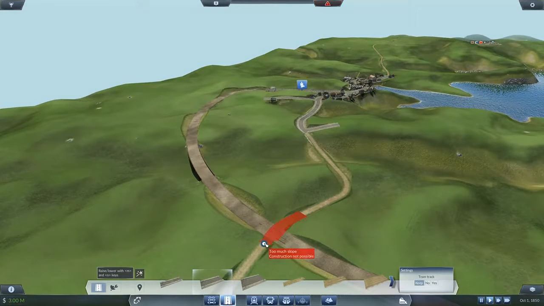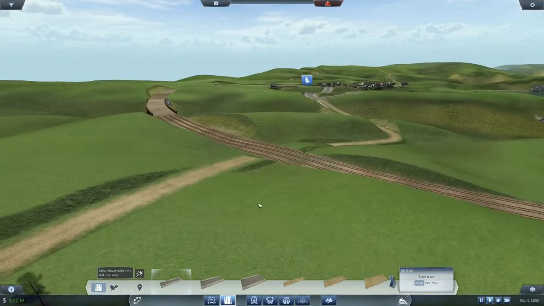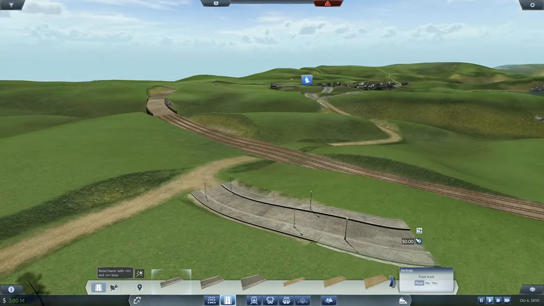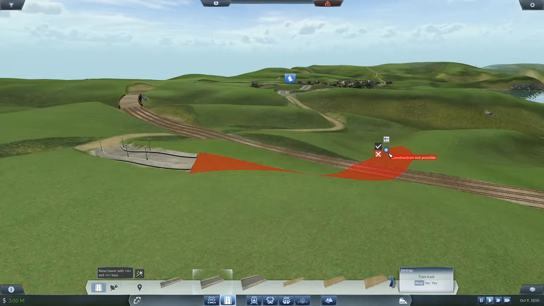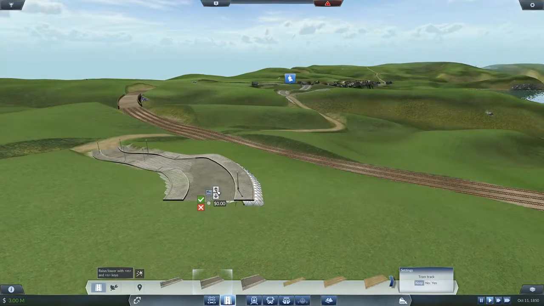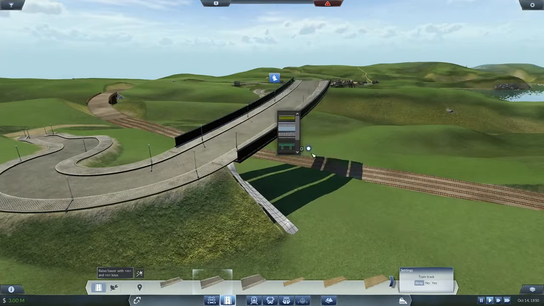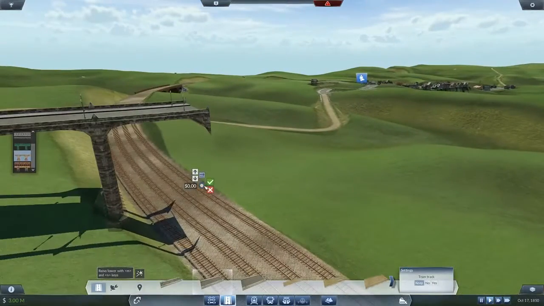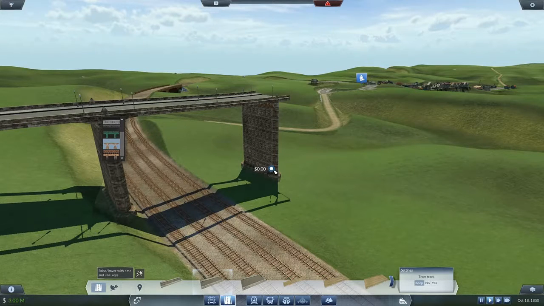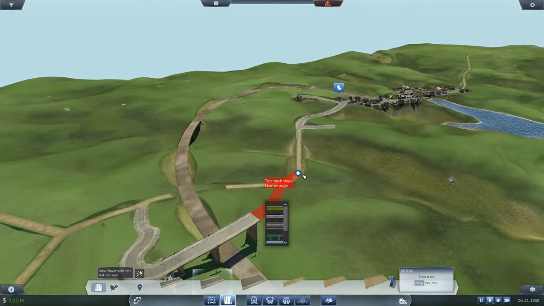Medium street, from here to here. What do you mean? Road too steep. Ah, well. Well, this is not good. What do we want? We want a stone bridge. Right. And then from there, it needs to then go down. Now, we're not really looking at realism here, but...